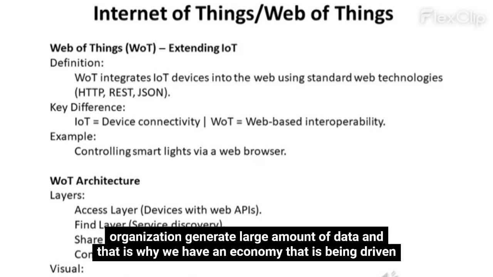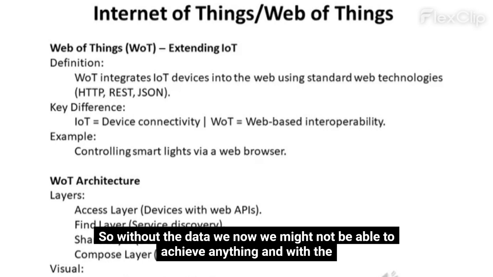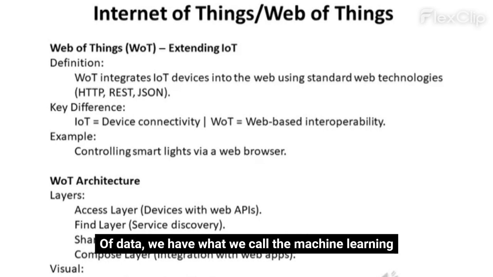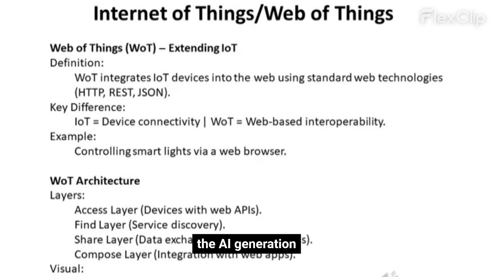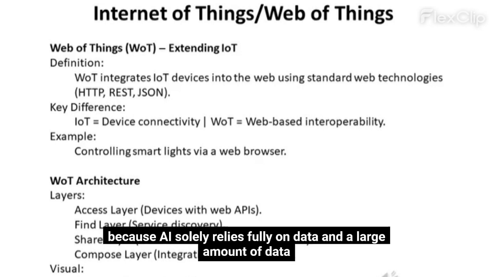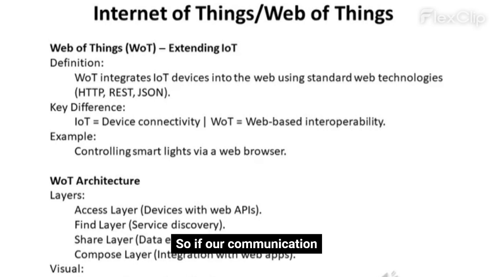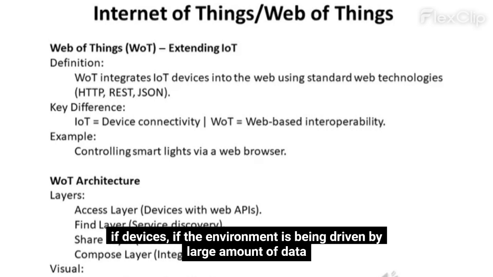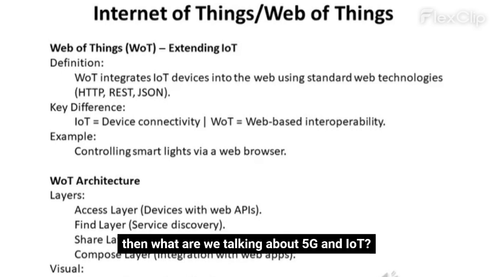Organizations generate large amounts of data, and that is why we have an economy that is being driven by data worldwide. Without data, we might not be able to achieve many things. With the advent of data, we have machine learning, prediction, and AI generation, because AI relies fully on large amounts of data. So if our communication, devices, and environment are being driven by large amounts of data, then what are we talking about? 5G and IoT are the deal, but at the same time,